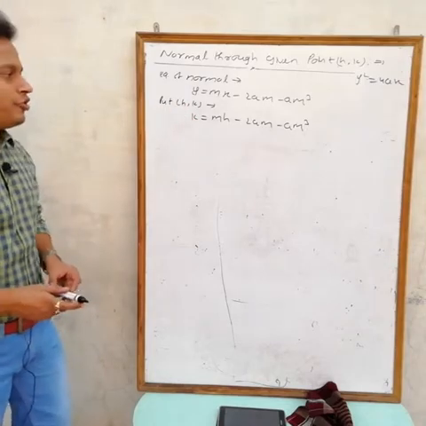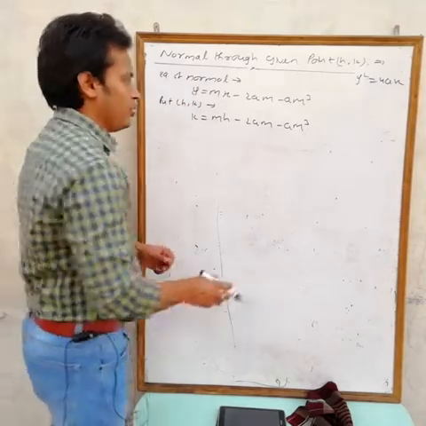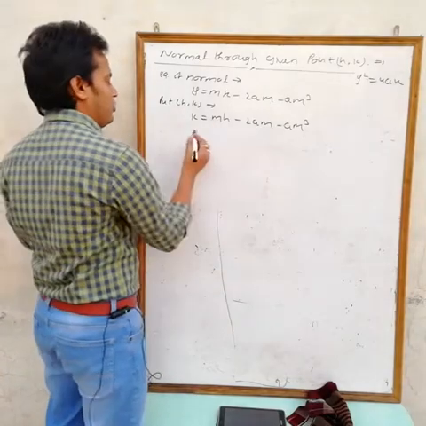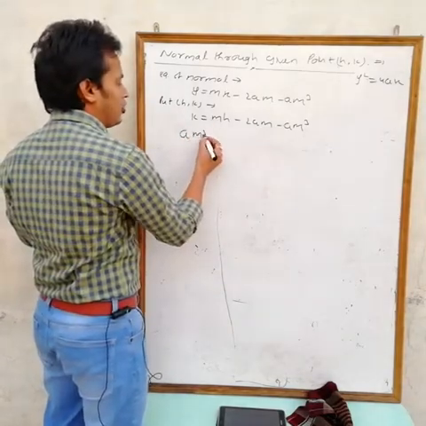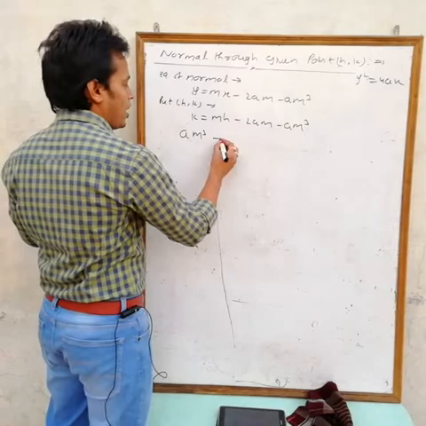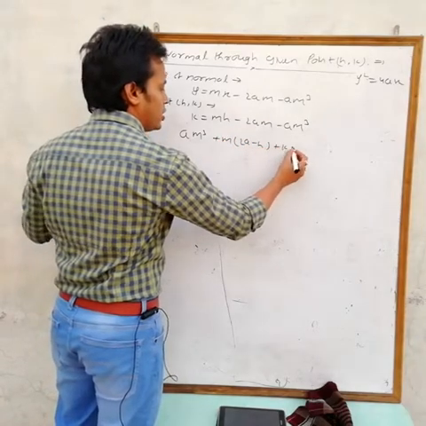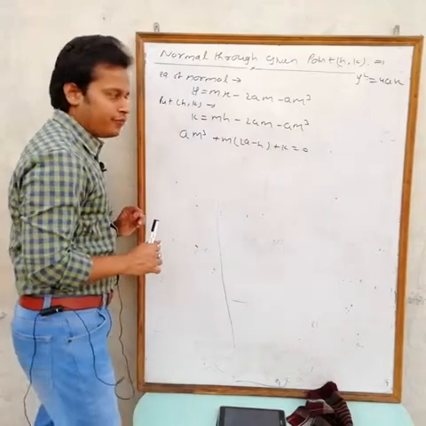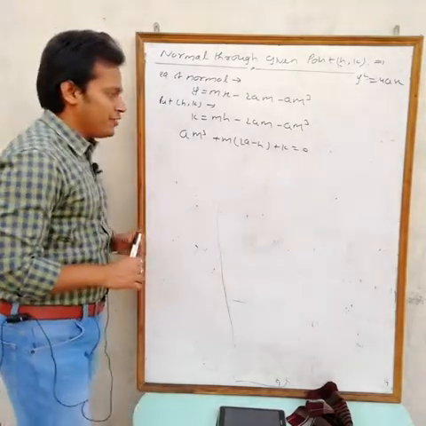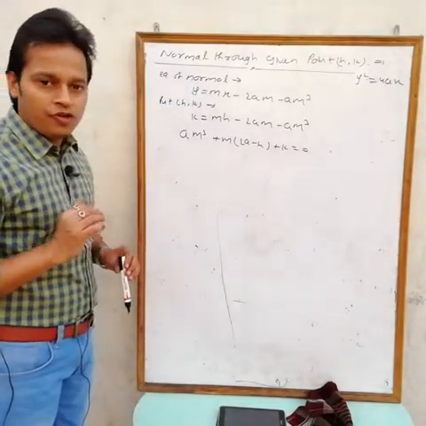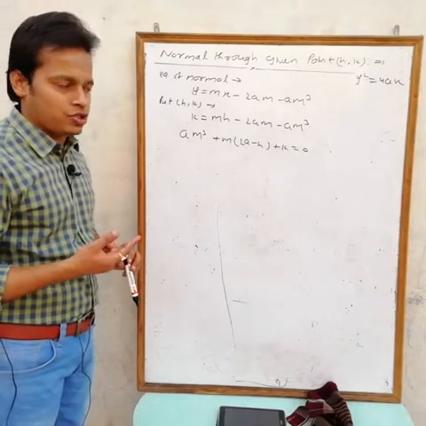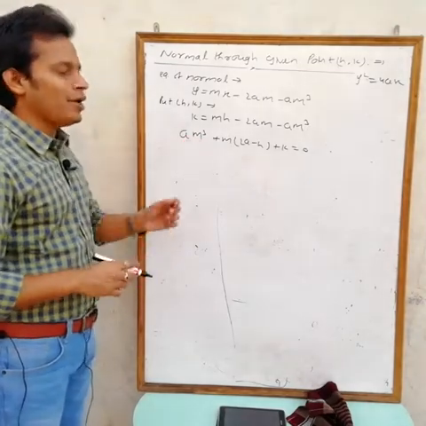Slope of the normal passing through h comma k. Now write all the terms on one side. Then what are we getting? am cube. I can take m common, then you will get m(am² + 2a − h) + k = 0. Here m is the variable which represents the slope of the normal passing through h comma k. So we are getting a 3-degree equation.